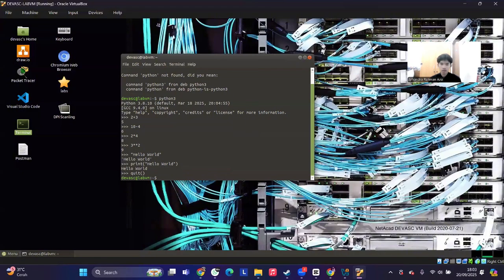Okay, so for the next step I will open VS Code and create the script for hello world. I will open my Visual Studio Code, VS Code.